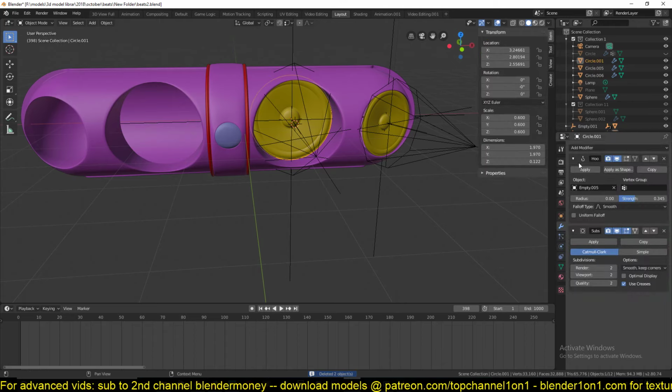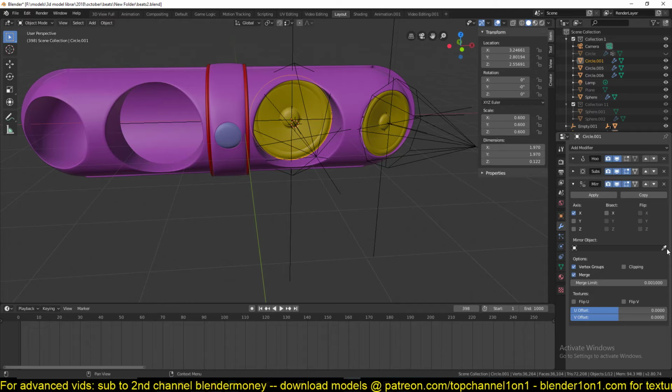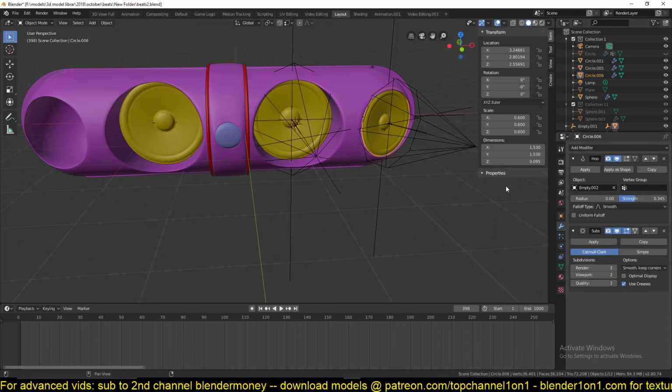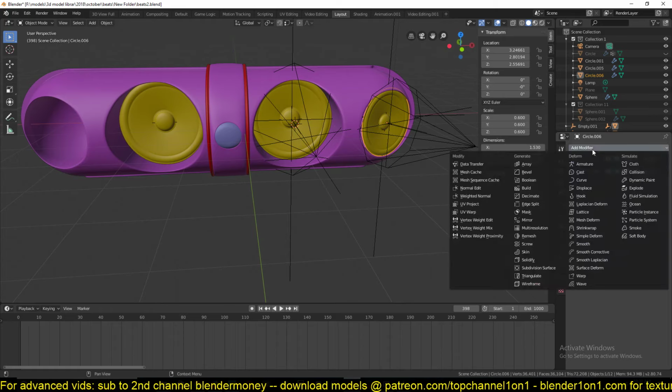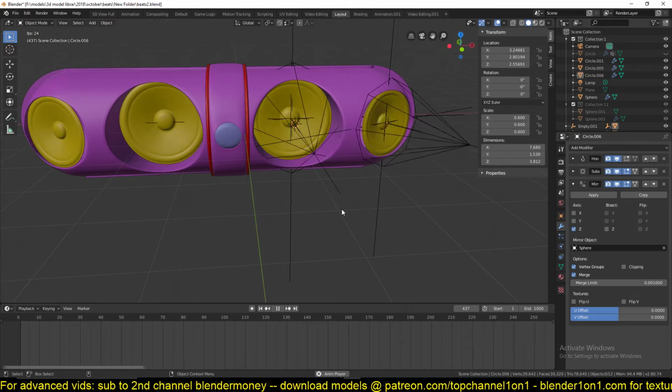What we can do is just use a mirror modifier and select this object, this pill, as the mirror object. Just figure out what angle mirror, select this, and